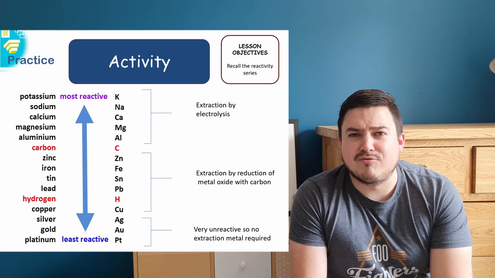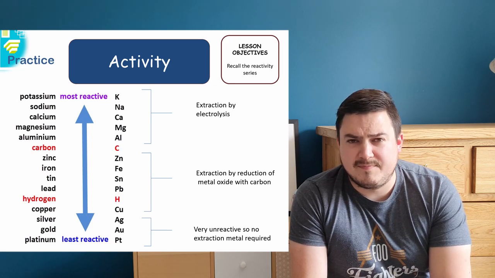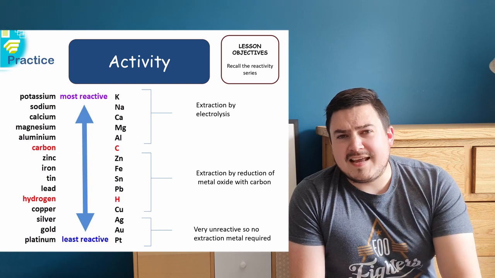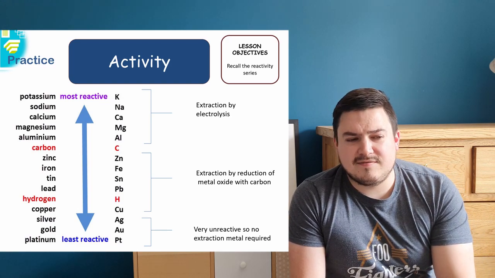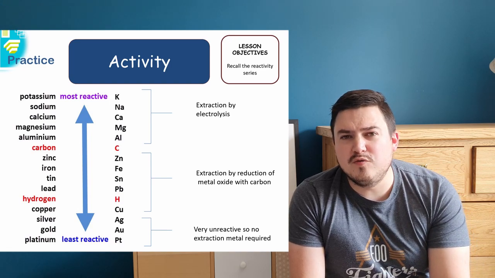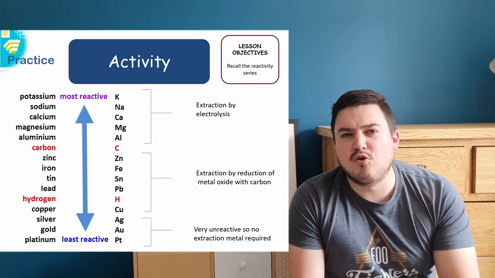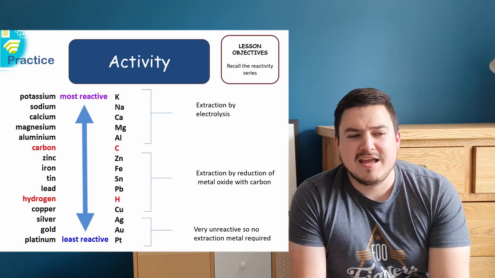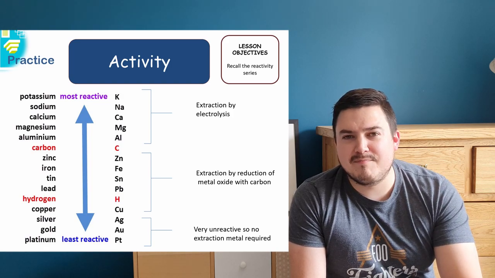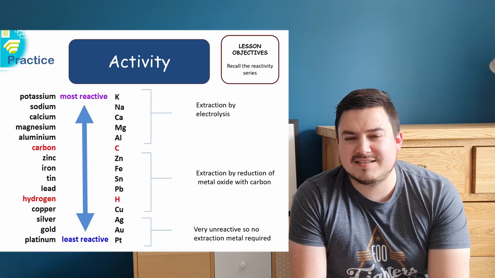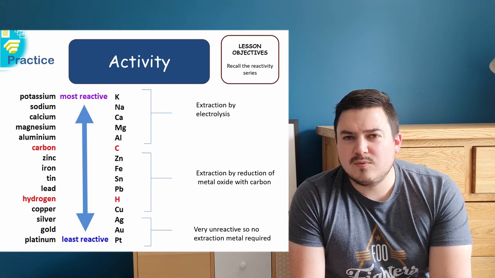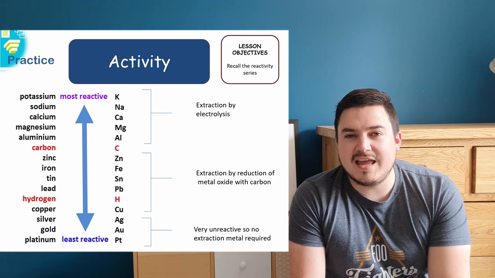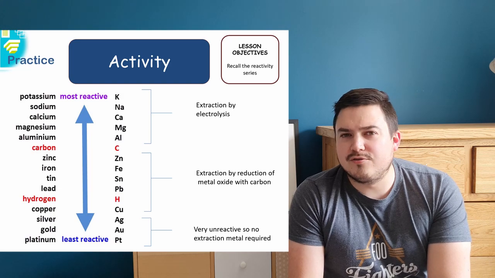And we'd extract it by reacting that substance with carbon. At the top of this table, the things above carbon, we can't do that with, because for carbon to remove those substances, carbon has to be more reactive than those elements. Carbon is not more reactive than aluminium, magnesium, calcium, sodium and potassium, so we cannot use that process with those top most reactive elements. With those, we use a process called electrolysis, which again we'll go through in more detail